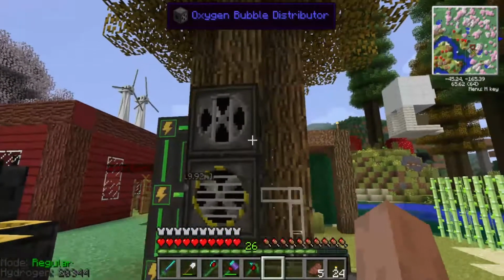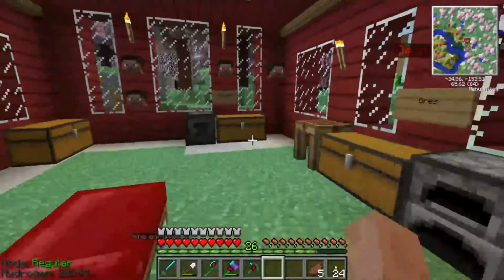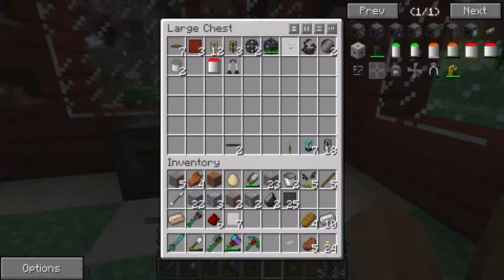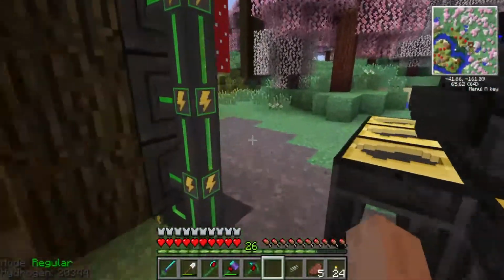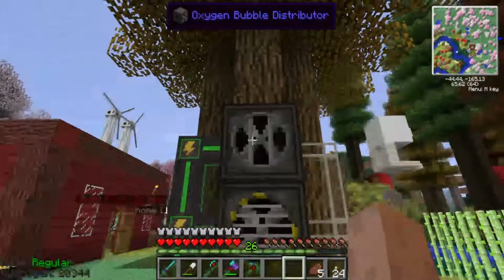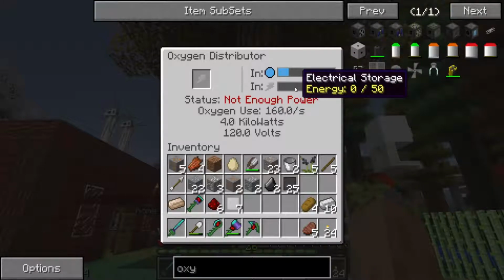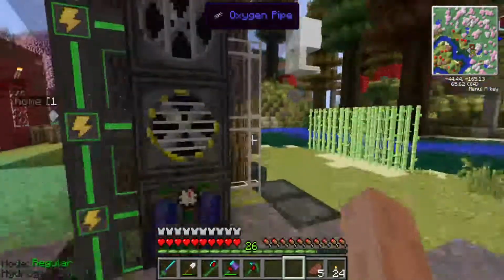And then I'd need another pipe. Pipe. There we go. So this is essentially the setup that I'm going to have on the moon. There we go. Oxygen coming in, and then obviously I would have a storage cube here instead, and then have...